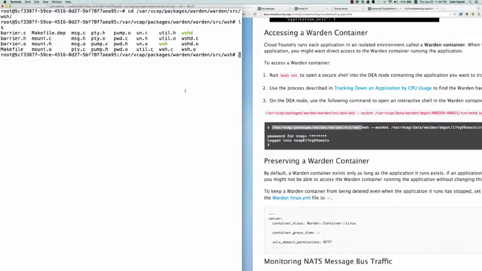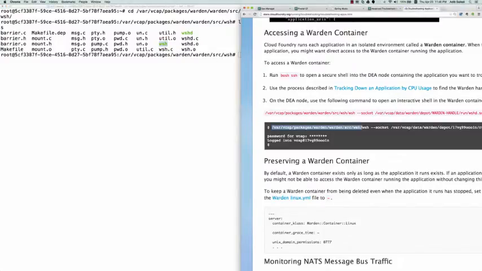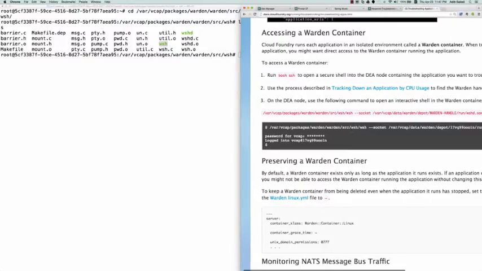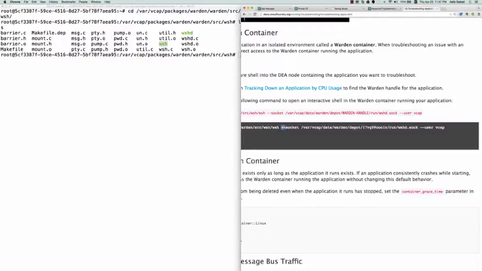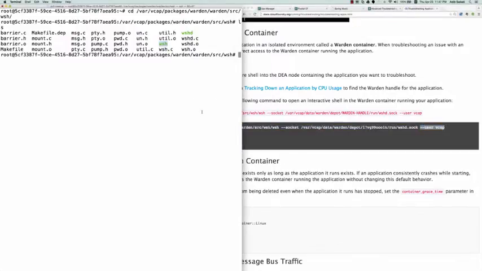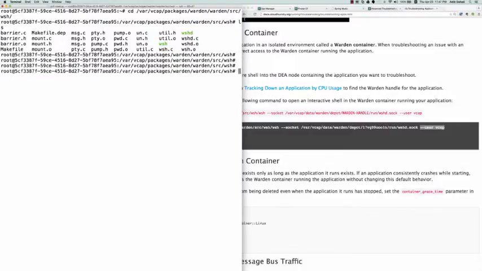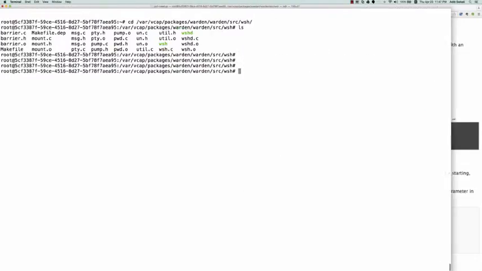And you can see here that there is in fact a program called SSH. That's what I can use to get a shell inside of the container. And what I need to do is pass it some arguments. So when you look at this example here, we need to say --socket, and then the path to the .sock file, and then --user vcap. Now that will get us into the container. I've already done this earlier, so I'm just going to hit the up arrow key,